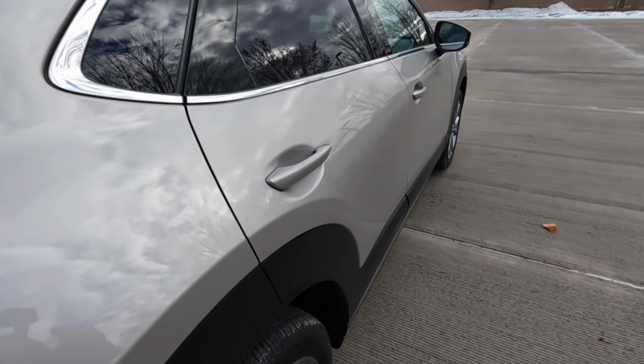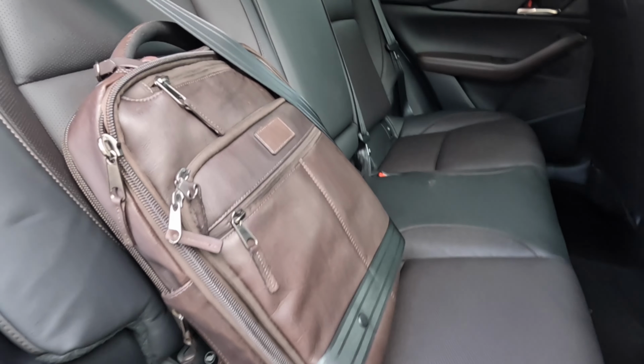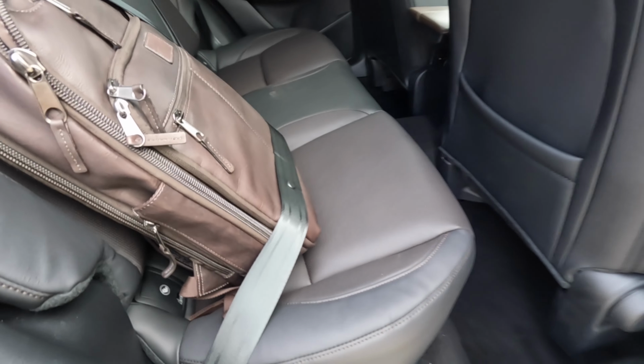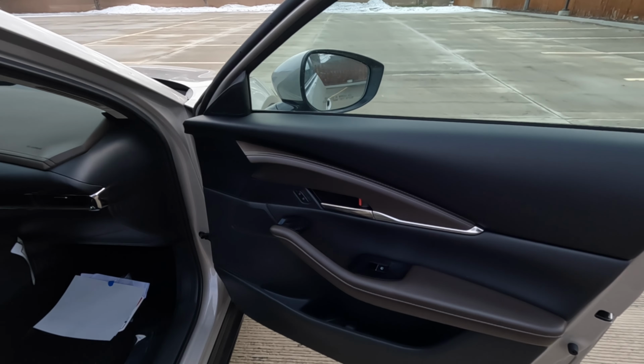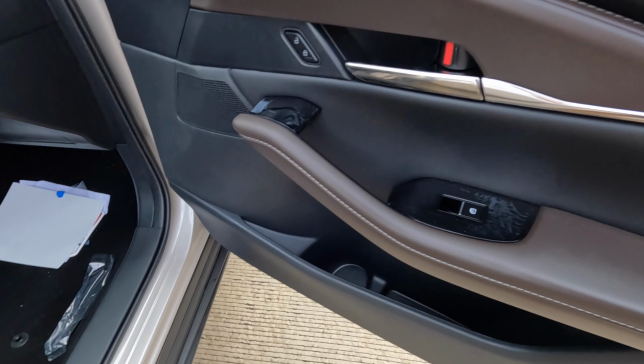We're gonna check on our back seat passenger just one more time. This one is the 40 split. Safety, of course, is a good top priority that Mazda offers. And then if you're sitting shotgun, you could fit pretty well. You probably can't fit a shotgun, but you still get a nice long armrest, nice handle if that's how you